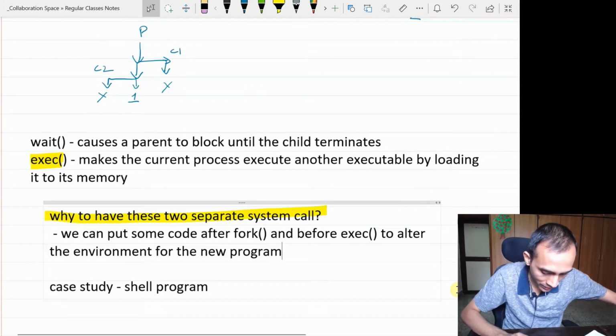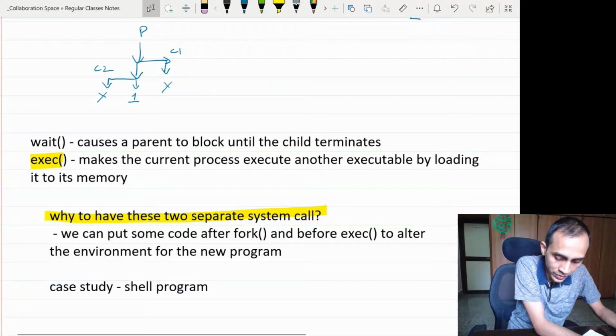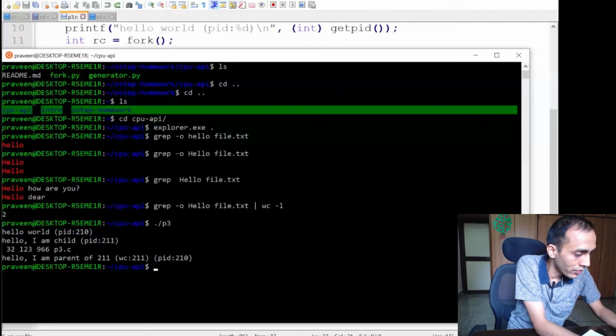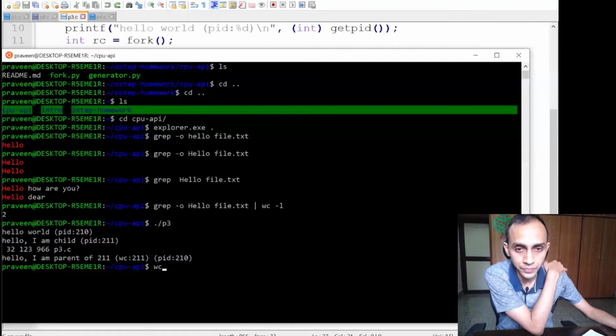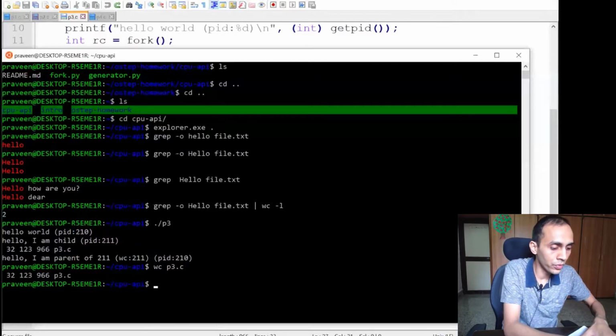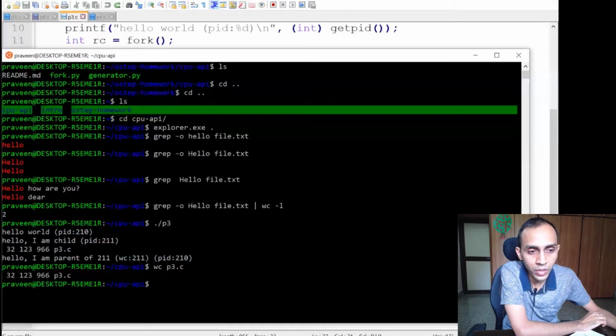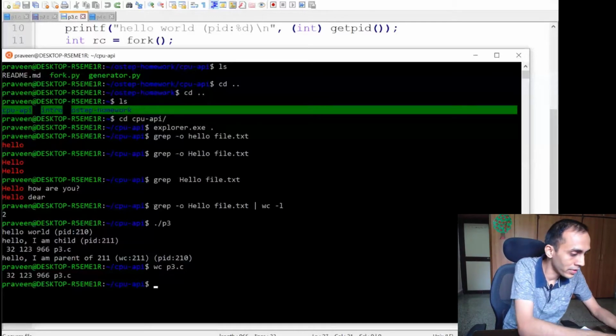For example, let us take the same example that we were doing. Basically, we were doing word count. We were trying to execute word count on p3.c, and we were getting this output. Now, instead of getting the output on the terminal, if you want to log this output into some file, let us say log.txt,